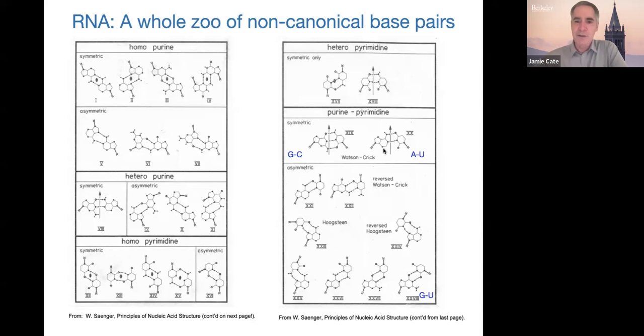And one of the things you can see when you do it is there are other ways of making base pairs with the same nucleotides. So these are 3 other examples of AU pairs that are not Watson-Crick. Here's another GU, here's another GC. So when you just look at a sequence, you can't always tell exactly what kind of pair it's going to be in, even if it looks like it's positioned across from what would form a Watson-Crick pair. So this is just a complication where a language model could potentially give a better result, just because you're looking at just the linear primary sequence of the RNA.